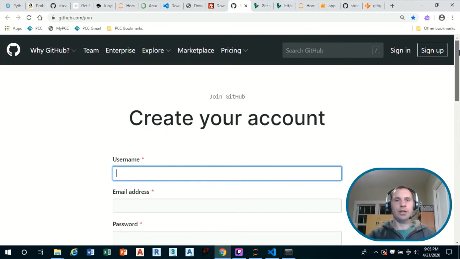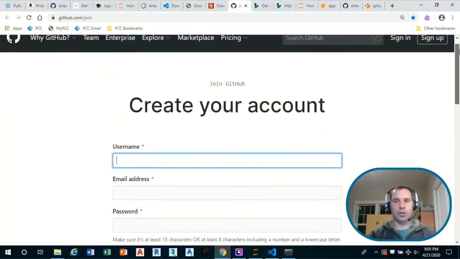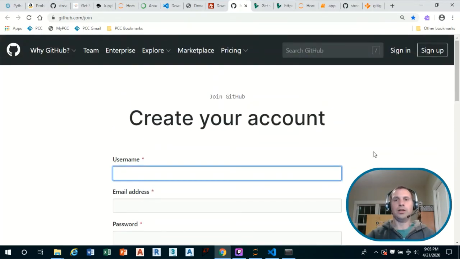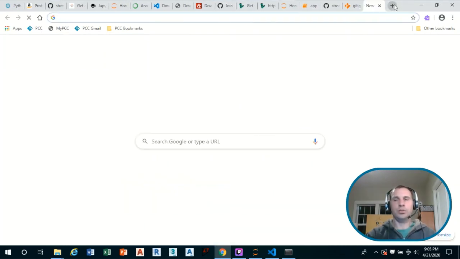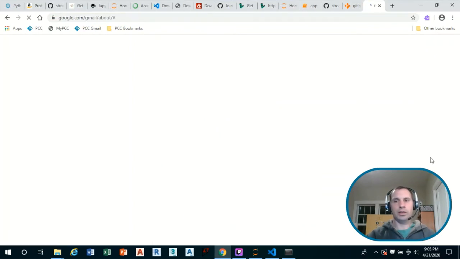I've already got an account on GitHub. That's where I'm saving the notes for the stream. But you can go to github.com/join and create your own account to save your own files and be able to use GitHub authentication. In addition, if you're going to do the Google authentication, you should also have a Google account,